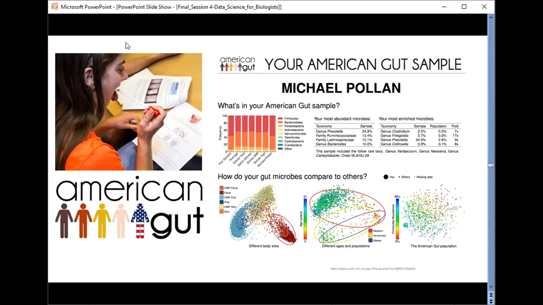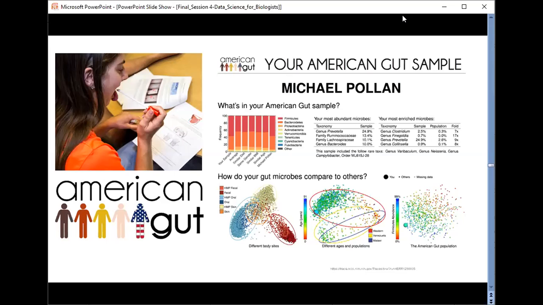So one of the projects that actually studies human metagenomics in much detail is the American Gut Project. So what is the American Gut Project? It is the largest crowdsourced citizen science project to date. It obtained fecal, oral, skin, and other body site samples collected from thousands of participants, representing the largest human microbiome cohort in existence.